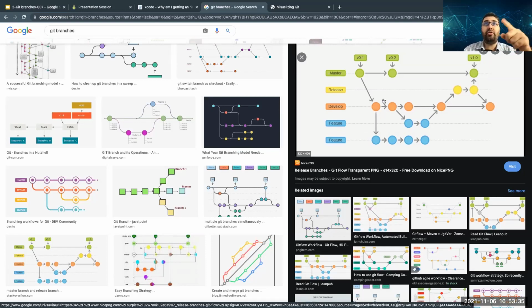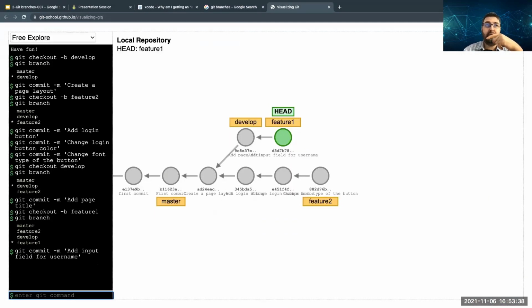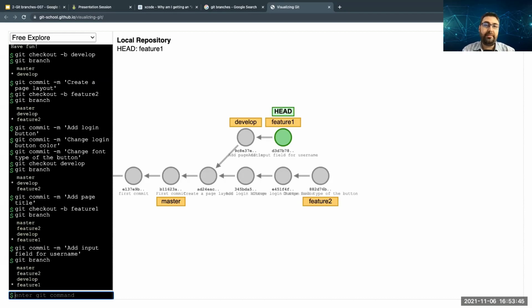Let's get back to the develop branch first. So let's check which branch I am on. Git branch. I'm on feature one. I need to get back to my develop branch. Git checkout, not -b. That's for creating a new one. So just develop. This is how I can check out from one branch to another, not a new one. When you need a new one, we use -b, so that creates the new branch. Without -b, it's just checking out, checking in.